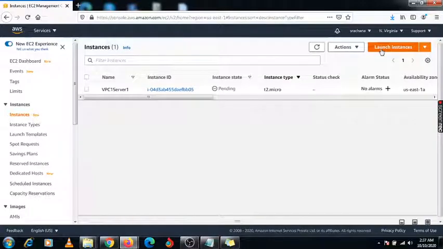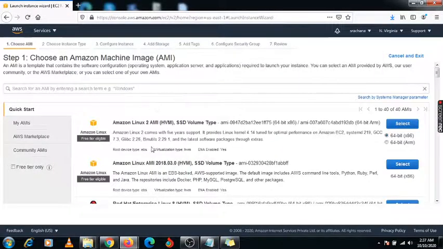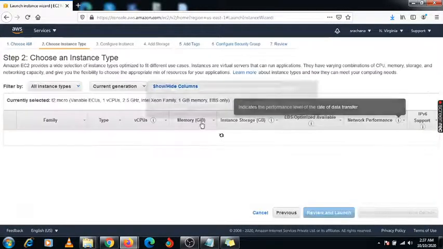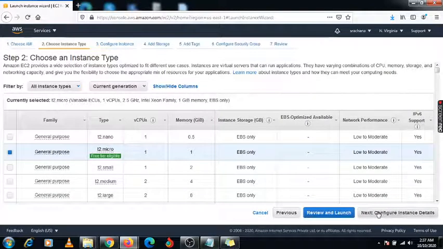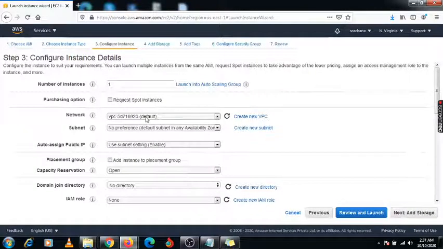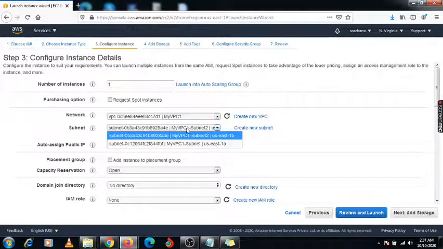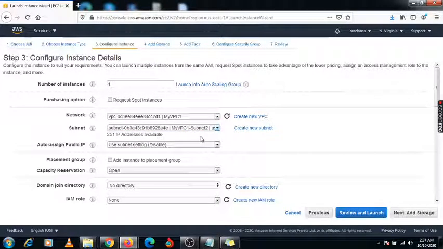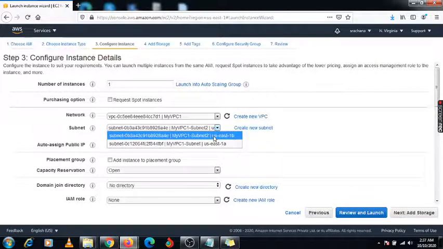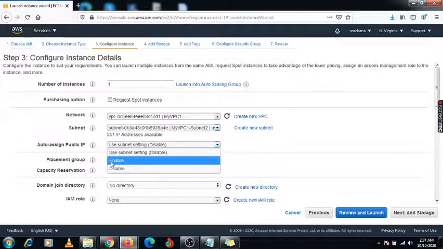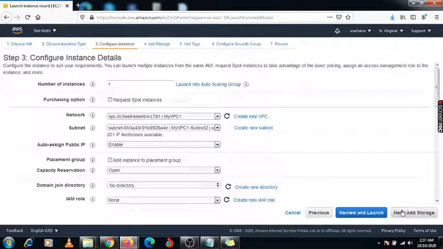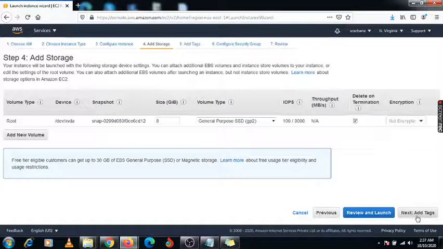Now we are creating another instance under the same VPC, but with a different subnet. VPC1, here you need to select 1B. We have selected the first one, that is 1A. Now we are selecting 1B. Here you need to enable it, add storage, add tag.